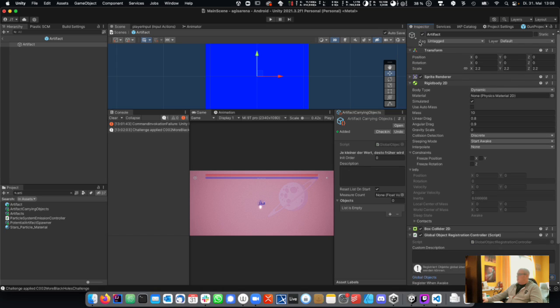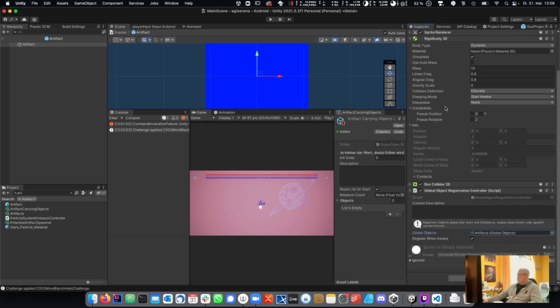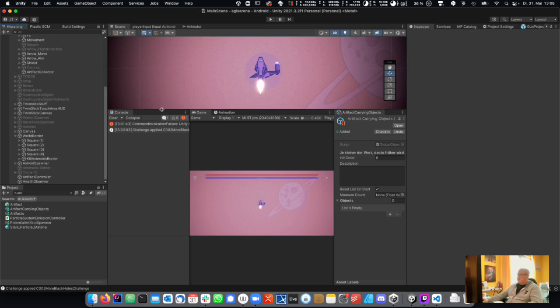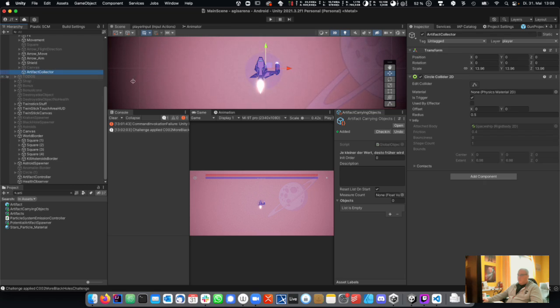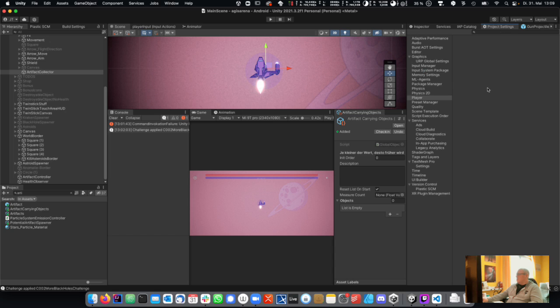I don't use tagging, or that is not a very good mechanism. I use lists. So I have the list of artifacts, and what I can do here is, let's say, here we have the artifact controller that is now, okay, it's just a trigger, so it should not interact. If I'm not sure, I can use this collider layer. I think that the collider layer does not interact. Let's have a look